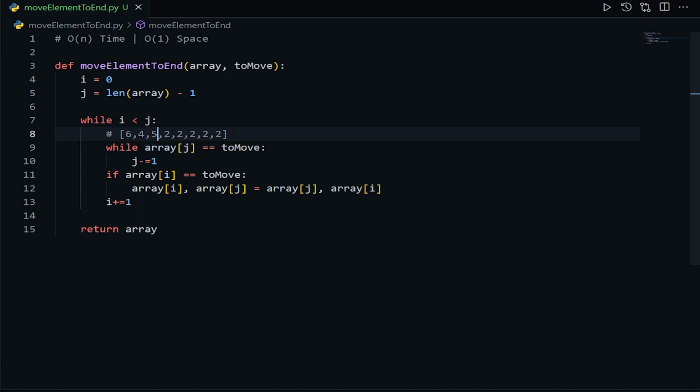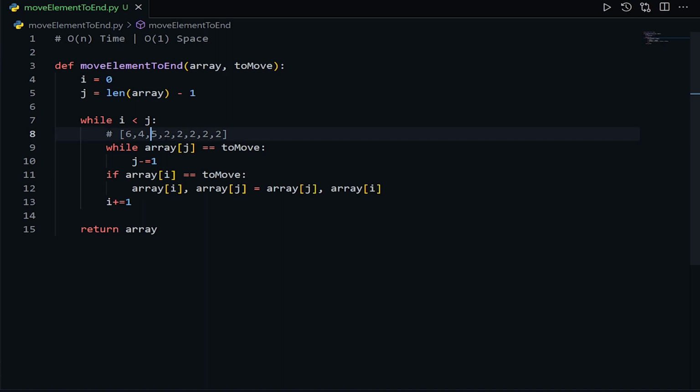At this point we know we have done our thing and moved all the 2's to the end, but the code doesn't know. So the code will continue to move on. I increments again, so I becomes this 2 and j is at this 2. So I is still less than j and this condition will be fulfilled. So j will decrement again till it reaches 5.